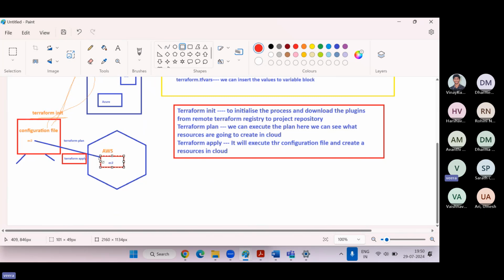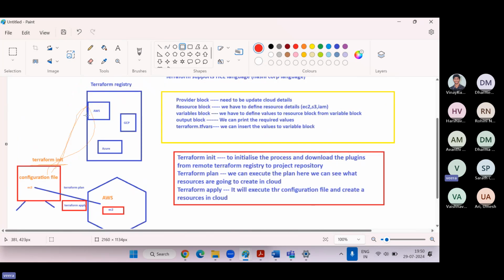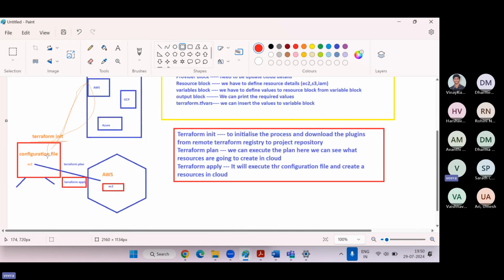So this is how the process works. In the provider block, we define the AWS cloud details. Once you run Terraform init, it will download the plugins, and then your configuration file is able to create AWS EC2, S3, IAM, whatever resource blocks you have mentioned in your configuration file.